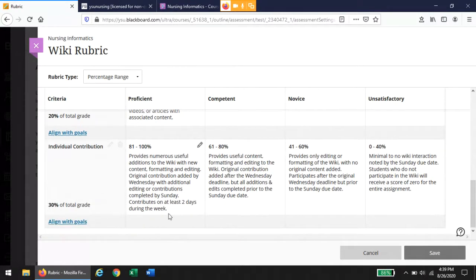And 30% of your grade comes from your contribution. So to be able to receive the highest points here, you have to have your original contribution in by Wednesday. And then you need to come back another day during the week, prior to Sunday at midnight, and add additions, other contributions, editing. But I'm looking to see that you're working together. If you show up and just add 2 sentences and that's all you did, you're not going to